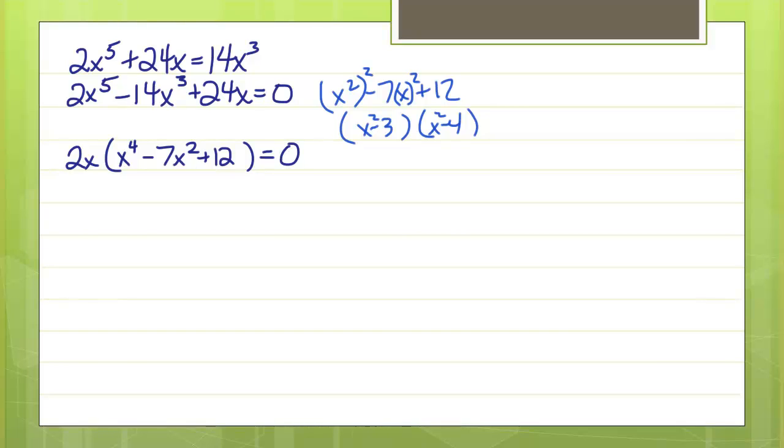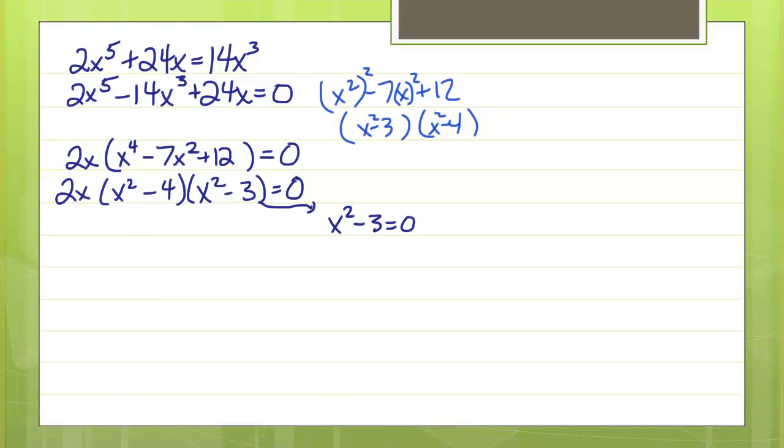So the next thing I'm going to do is factor that quadratic form trinomial, and it's going to be x squared minus 4 and x squared minus 3. So am I done? Ready to set these equal to 0? Not quite. Or maybe you think you are. Okay, I'm going to do this one first. So when I say I've got to set that equal to 0,